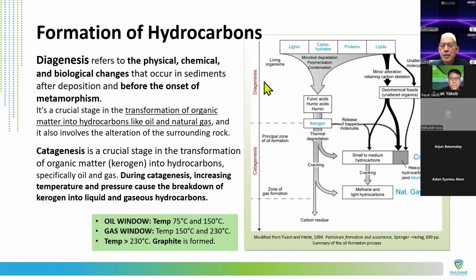So diagenesis actually happens before that activity of catagenesis. This is where temperature and pressure come in. Before that, you can see living organisms will start to react based on physical, chemical, and biological effects. Biological activity starts the turning effect. They start to destroy the structure of the organism and make what we call the organic material itself for